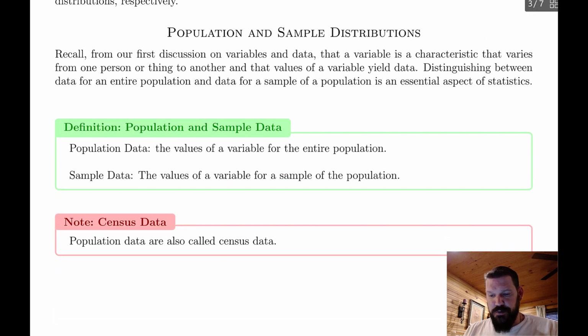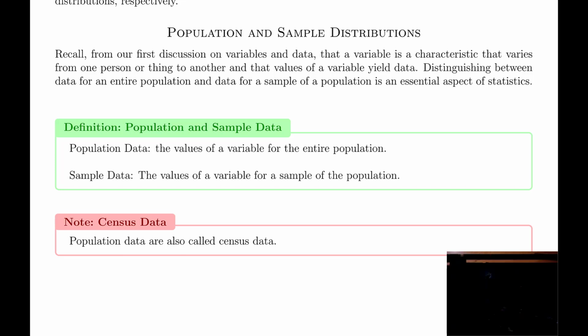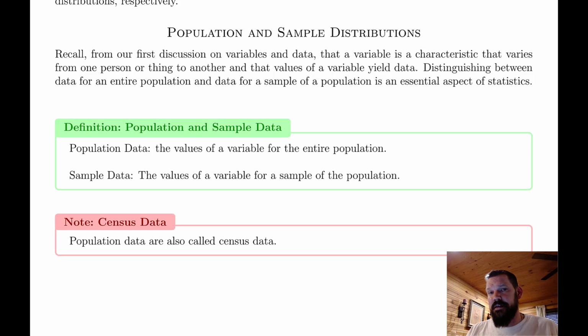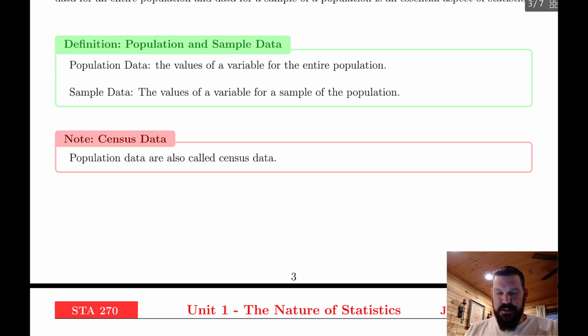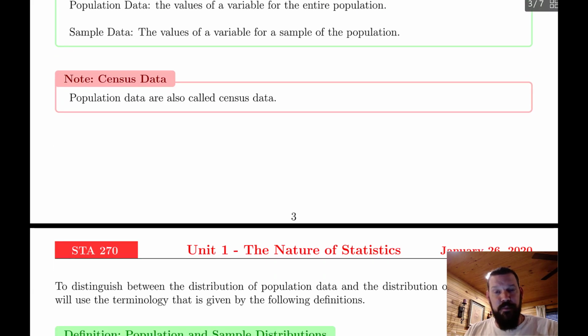Population and sample distributions. We've discussed these terms extensively already. We know the population is what we want to study. The sample is a representative portion of the population that provides us with information. And just a little note here, any kind of study that studies the entire population exclusively, not taking samples, but actually questioning or surveying the entire population, is called a census,